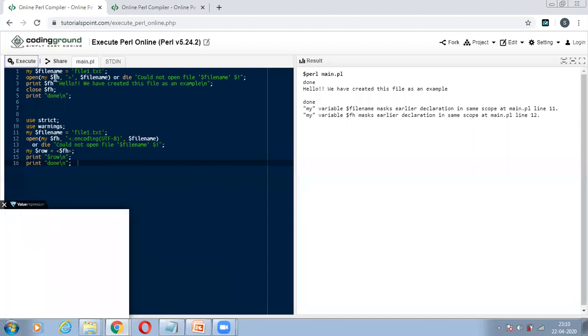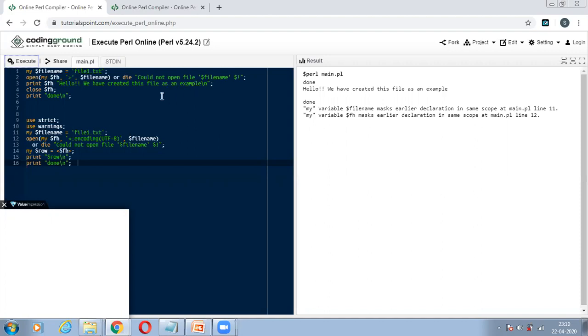My file handling type is greater than and the name of the file, with a die command in case it cannot open the file. If the file exists, fine; if it is not there, then it creates the file. Then it will say done, and it will say we have created this file as an example.